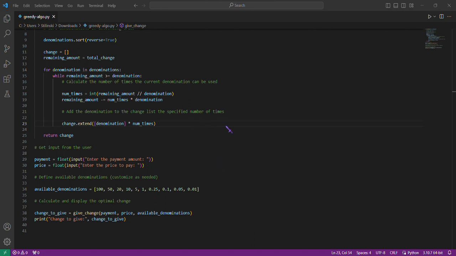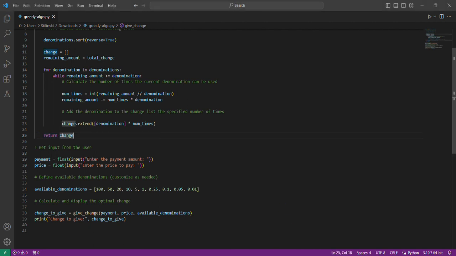So this extends the change list with a sublist containing the current denomination repeated num_times times. The next line is return change. The return change returns the list of denominations representing the optimal change.